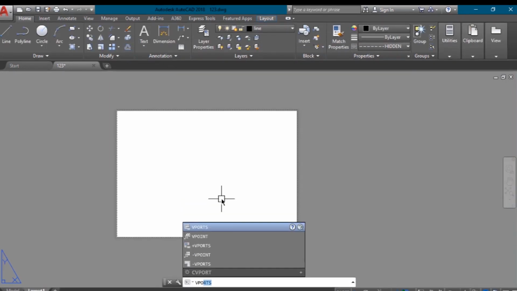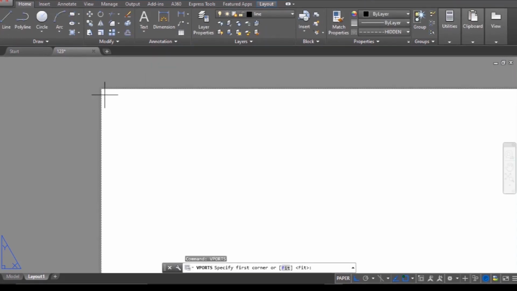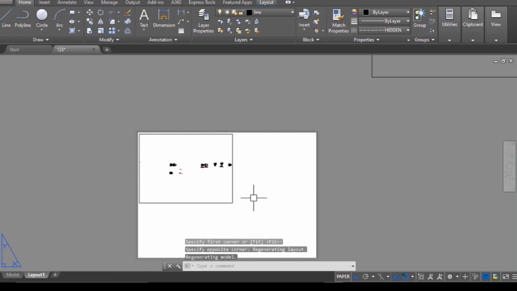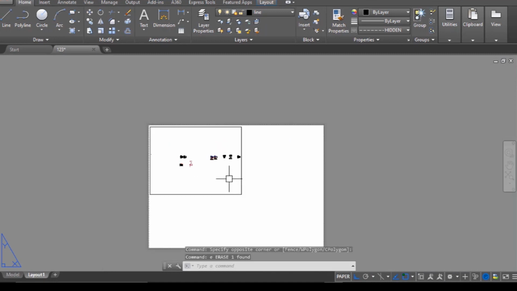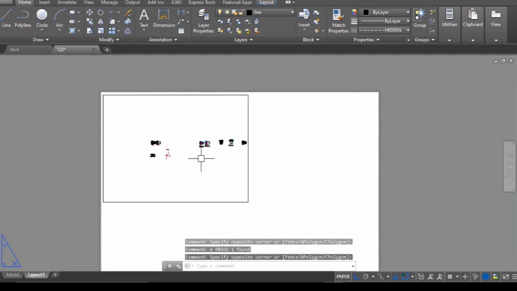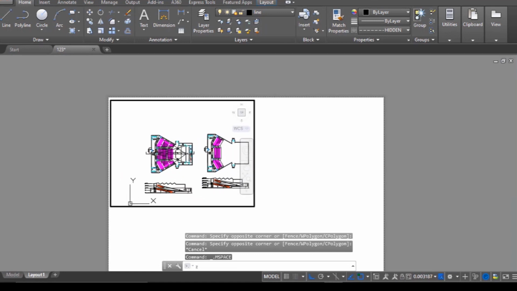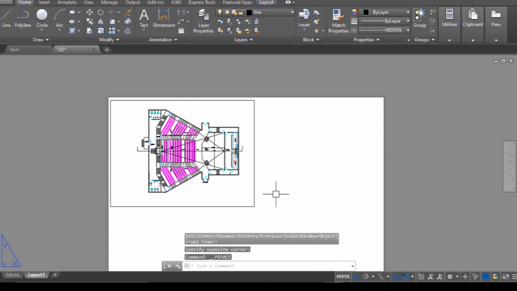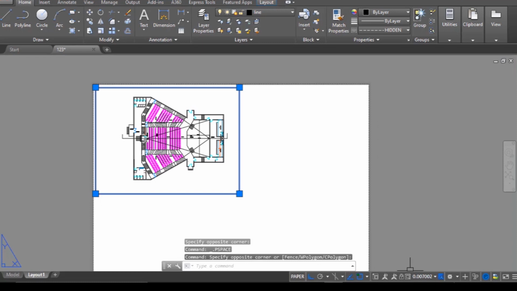Here let's create the viewport, single viewport, and I want my first plan in this area, so I will choose this here. Now I want this plan. Okay, so here is my viewport scale.